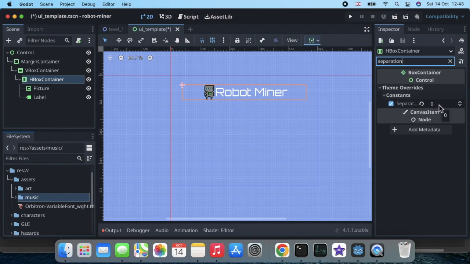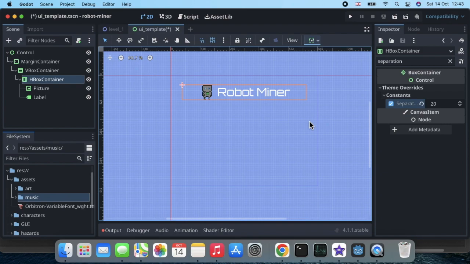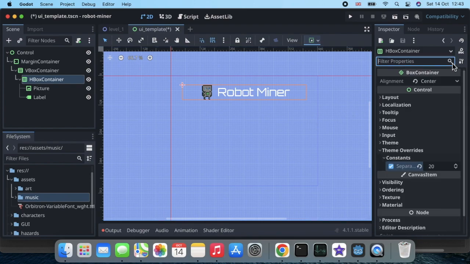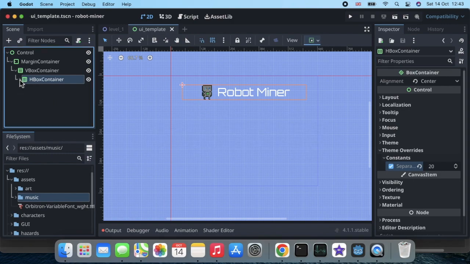You can see it's set to zero pixels. So maybe a 20 pixel gap between the two of them. Yeah, that looks a bit better, doesn't it? Okay, good. So I'm going to save that. And let's crack on with our